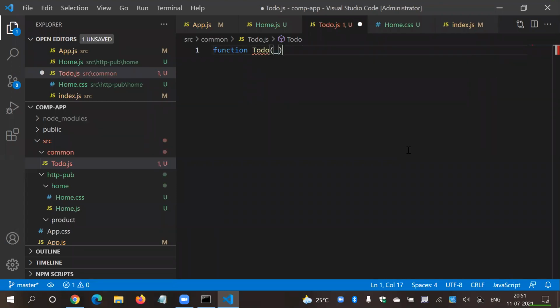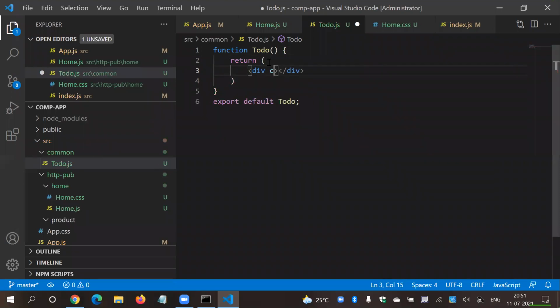Function Todo. Here I'm going to do something, and here I'm going to say export default Todo simply. And here inside I'm going to say return. Here I'm going to pass something. Div className is equal to todo.